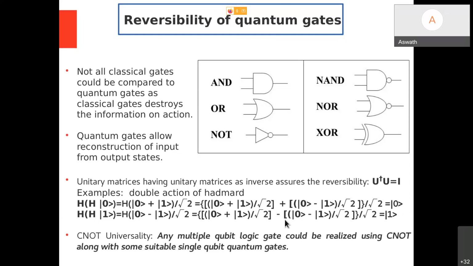That is beautiful. What I mean is, I can always come back to the old state and restart again. So the loss of information is not happening in quantum computing. That's a very good advantage of quantum computing, the reversibility of quantum gates, right? So that means I can realize multiple operations using a CNOT gate with other single quantum gates, right? And whenever I need, I can always come back to the old states, the initial states, and restart my calculation if I am doing something wrong in the process, right?